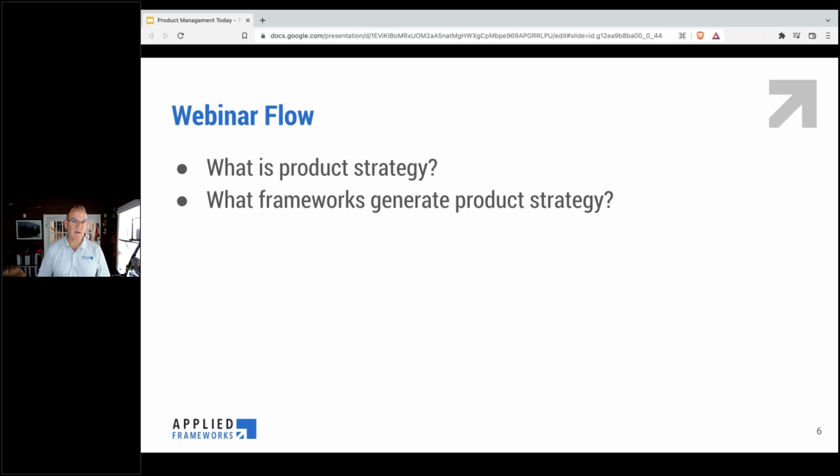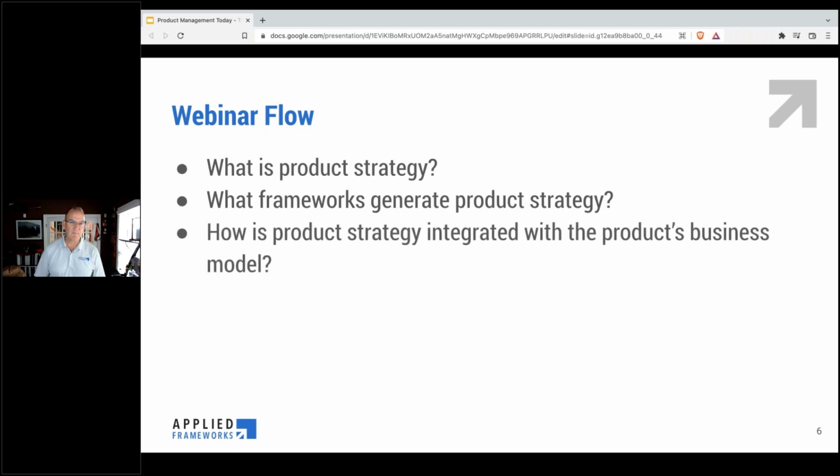So I do have some opportunities for collaboration here so we can share ideas about what's worked for all of us. Next, I want to talk about how we connect and integrate product strategy with the business model. A good strategy without a solid business model for the product is definitely not a good idea. We want to have some recipe for success, and the business model is one way to get there.